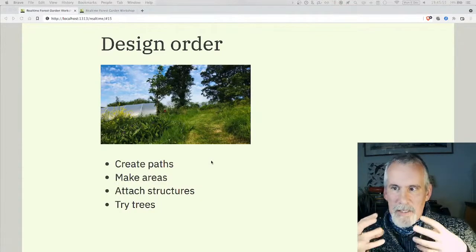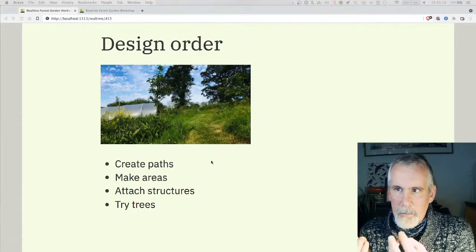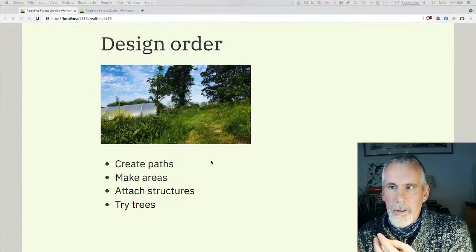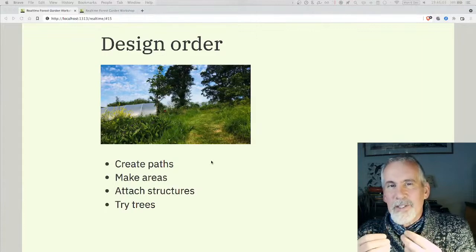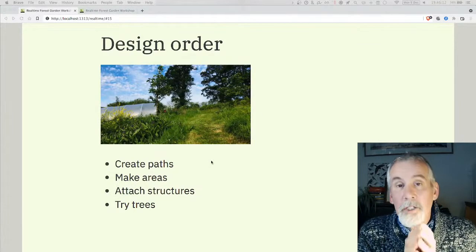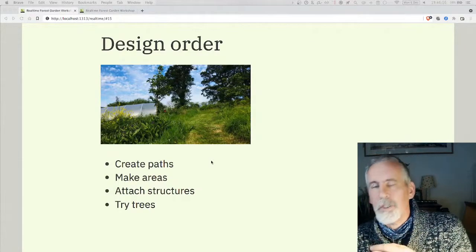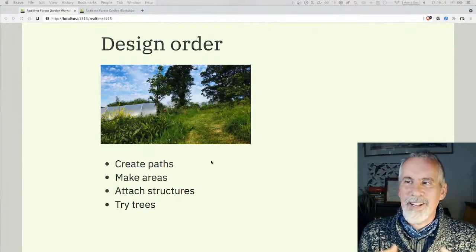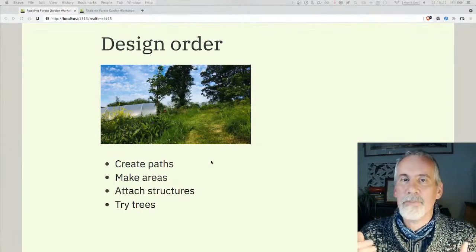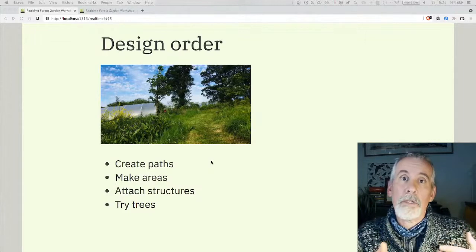Sure, there are the trees as well, and you know what tree will fit where, and where will it grow best, and where is the best place for it. But starting off with paths is great. If you're going down the design route, then do think about the most high traffic areas. In permaculture terms, this is called zoning, but it's a well known design thing. It's been around for a long time, that you design the high volume stuff you keep closer to